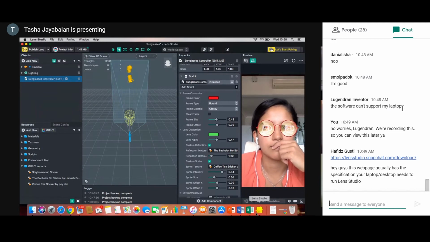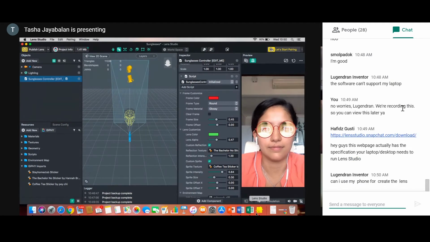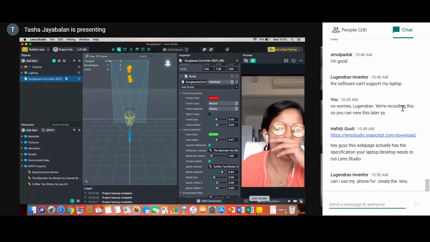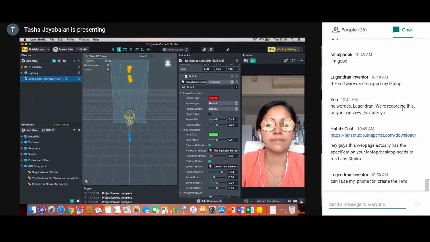So the reflection texture is the image that's facing your sunglasses, and then your sunglasses are reflecting whatever that image is. So like Tasha, if you turn up the reflection intensity, that little slider bar, you can see